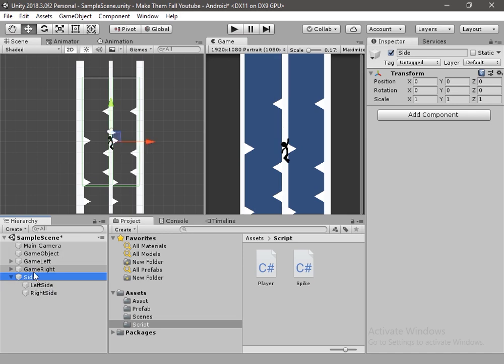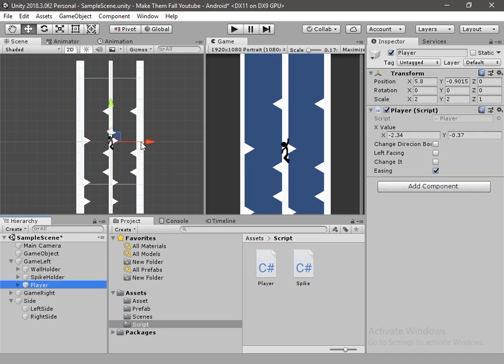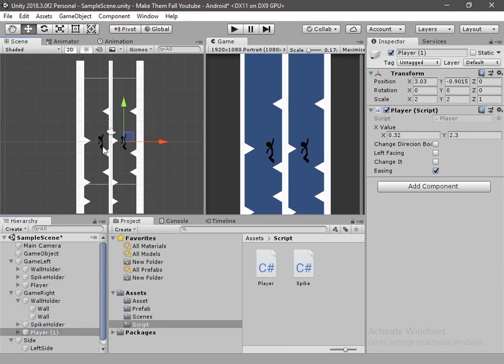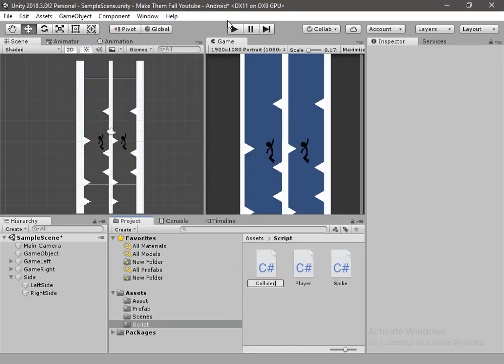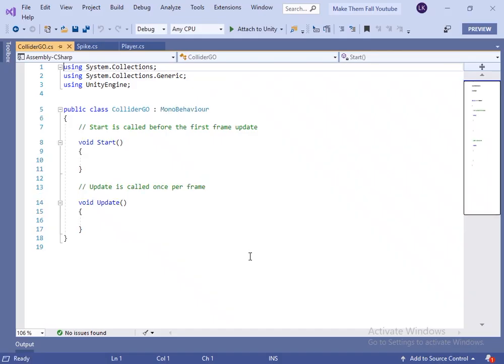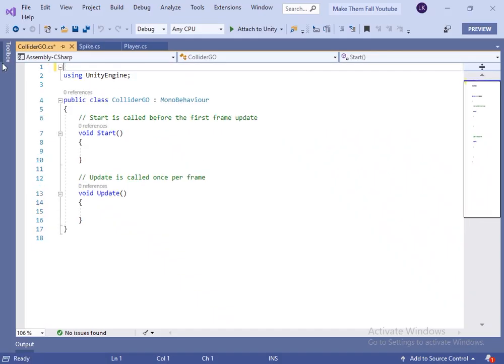Now we have to create a script which will move the left player if we click on the left side and the right player if we click on the right side. Now let's create a script for the left and right side collider and I will name it collider game object. Delete the two packages which we will not use.